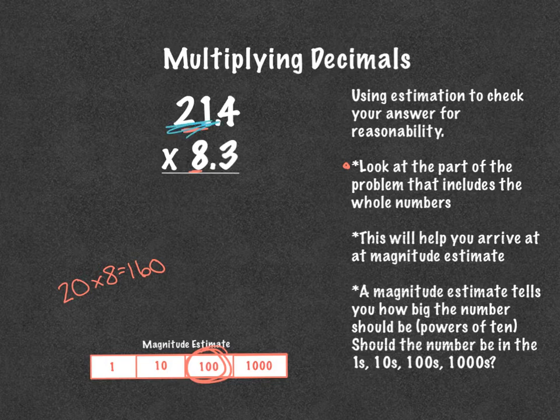So I'm actually going to erase, wrong thing. There we go. Erase our scribble there. So we're going to multiply normally. 4 times 3 is 12. Bring our 1 up here. 3 times 1 is 3, plus 1 is 4. 3 times 2 is 6. Now we're going to put our little magic 0 there, because the 8 isn't an 8. It's technically an 80 as we're multiplying. 8 times 4 is